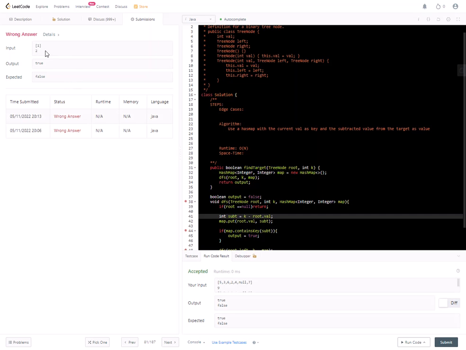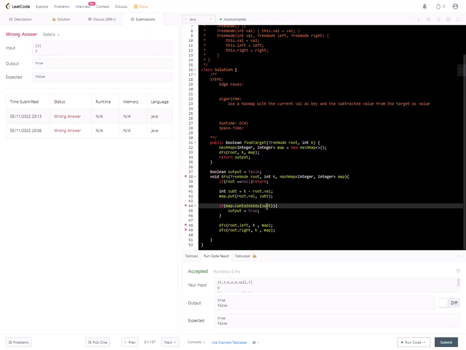How? 2 minus 1 is 2. K minus root.val is 2 minus 1 is 1. And map.put root.val 1 and then 1. If map that contains key